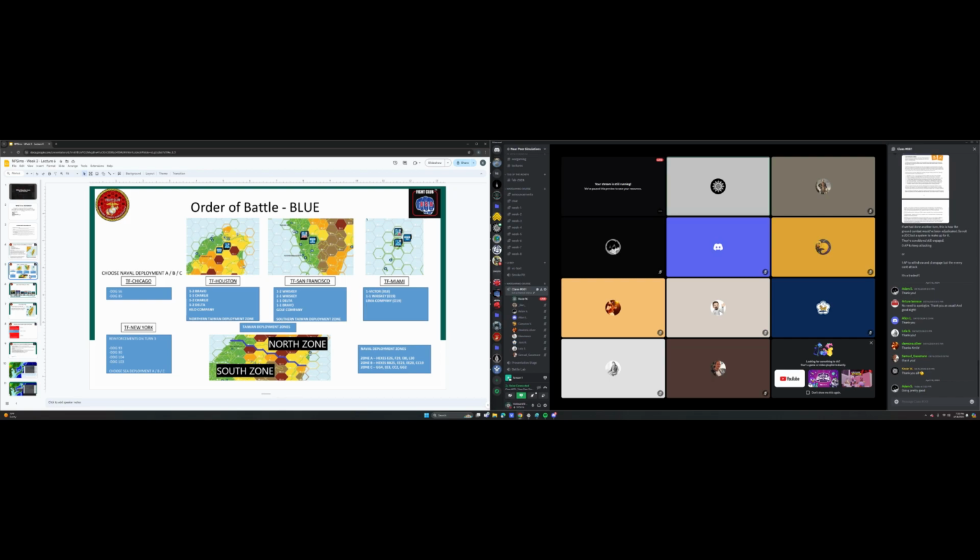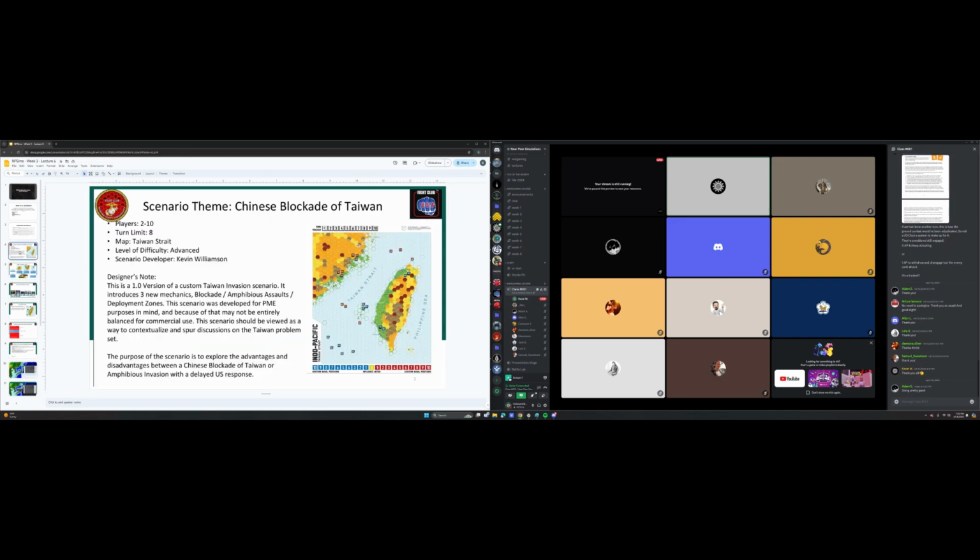And so this is the blue order of battle. It's super high production value, right? It's just pictures, copy and pasted with some text. This is a very simple way for you to have an order of battle that visualizes things for the players. And so what you can see here is, like I referred to in the first slide,